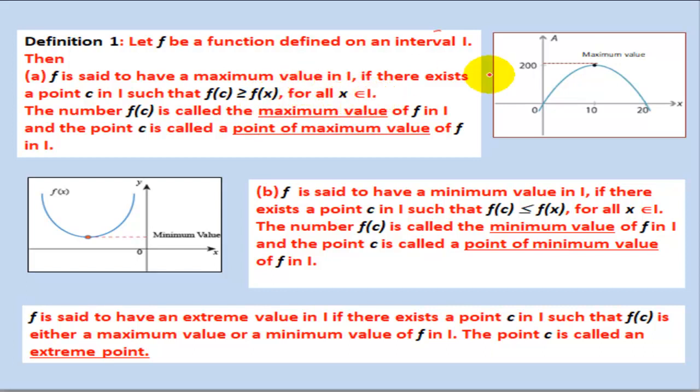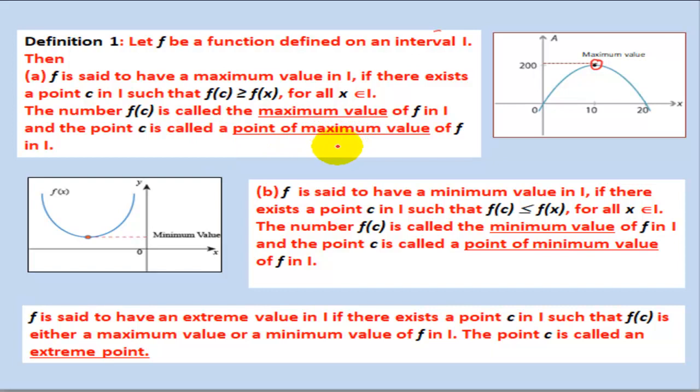belonging to I. So by that it means if we assign different values to x, any point, this one or the x coordinate corresponding to this point or this one or wherever, you will see for this particular point the function is achieving the highest value compared to all the values of x in its neighborhood. So if you are able to locate one such point, then we can say that the function can have maximum value. And this number f at c is called the maximum value of f, and c is termed as the point of maximum value.